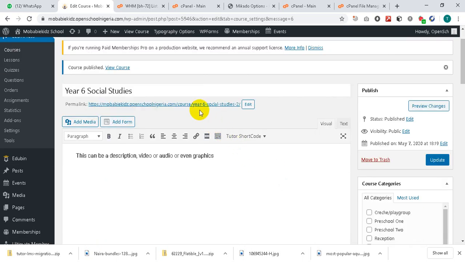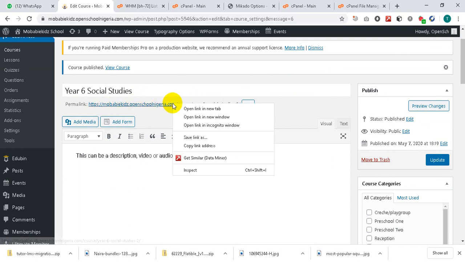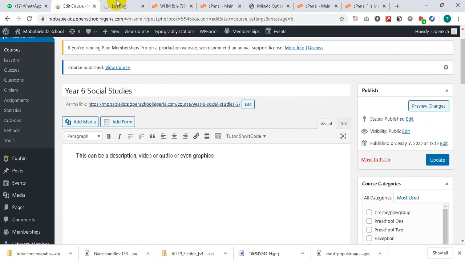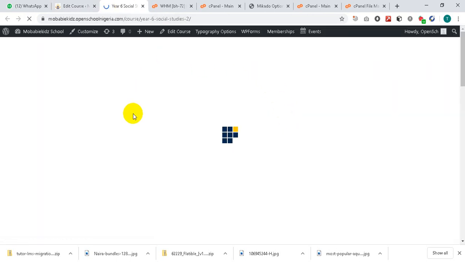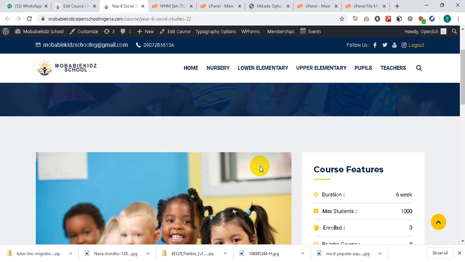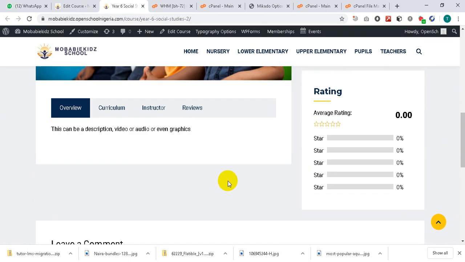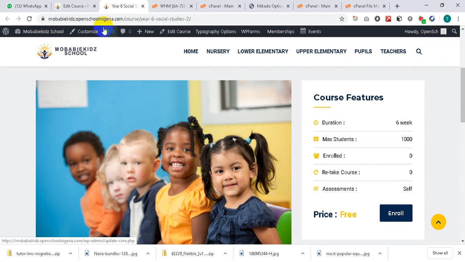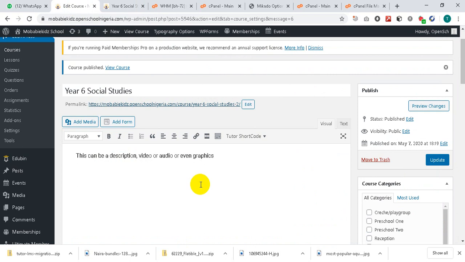So if you go to the front end here by right clicking on this permalink to say open link in new tab, it will open up in a new tab right here, which you can click to follow and view the course that you just created the same way that the student will see it at the front end, which is this. Okay, so we'll go back to the course,